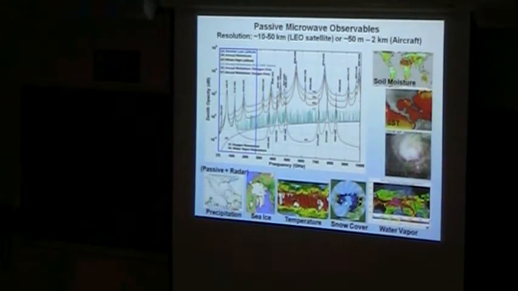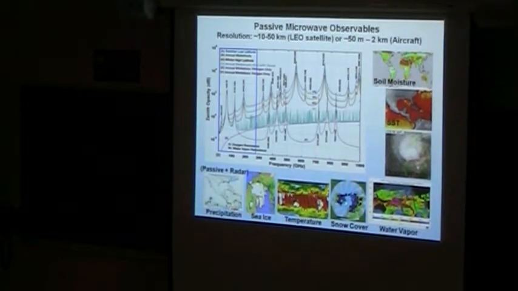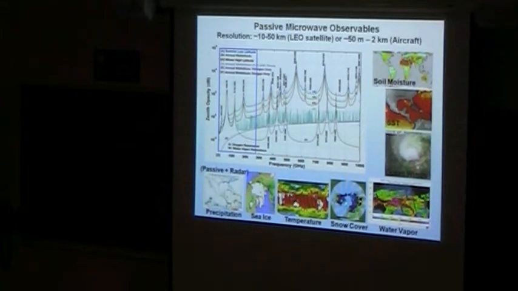You can't see through clouds. You can't see through them with the visible, and you can't see through them very well with the infrared. When you go down to microwave frequencies, a factor of 30 or so lower in frequency, in other words a wavelength 30 or so larger than infrared and visible, you can see through those clouds quite well. So it allows you to map sea ice that you otherwise couldn't see very well, and in fact that's one of the ways we get our estimates of the overall coverage of sea ice in the Arctic through passive microwave